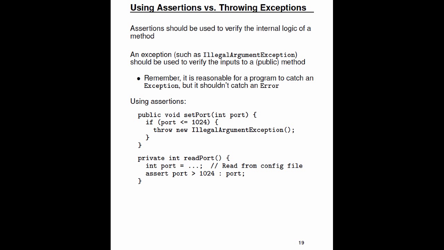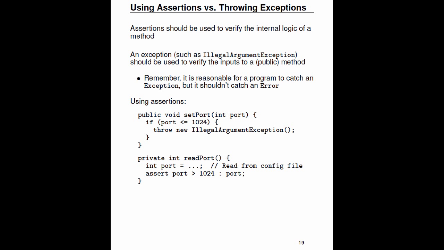So we've seen two mechanisms, two facilities for alerting the caller, alerting the user to something that has gone wrong. We've seen assertions and we've seen throwing exceptions. So when should you use each? Well, I say use assertions when you want to verify the internal logic of a method. So this is inside a method, you've built up some state, you've made some assumptions, codify those in assertions. But this is only the internal logic of a method. If you've got a public method, for instance, that let's say needs to do some input validation, don't use an